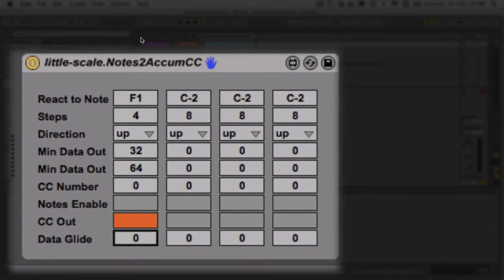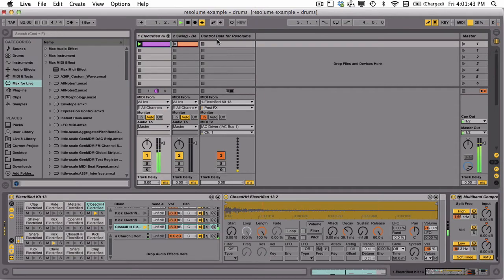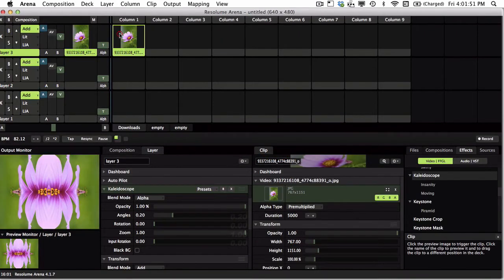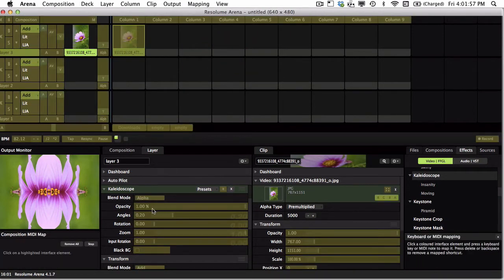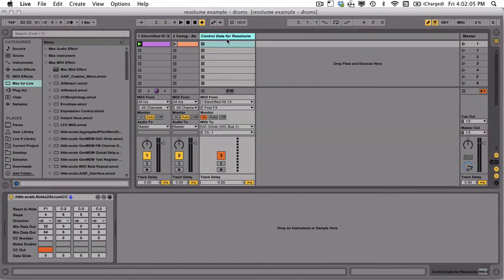So what I want to do now is just hit play on my drum track. And what I want to do is go across to Resolume, and I want to activate MIDI mapping mode in Resolume, edit composition MIDI map, and I'm going to click on the parameter that I want to map to that kick drum. I'm going to choose the zoom on my kaleidoscope. Then I can hit play